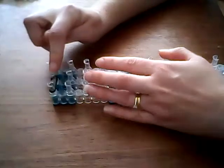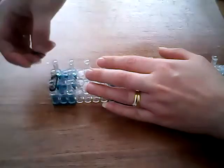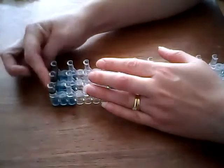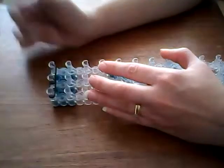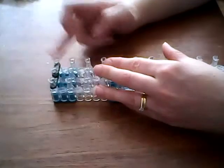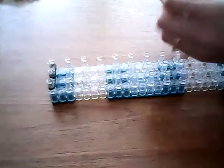Side to the centre pin, and the same again to the other peg. So you have 2 bands here and 2 bands here going straight across the top of your loom. We are now going to do a row here of 2 black bands together,